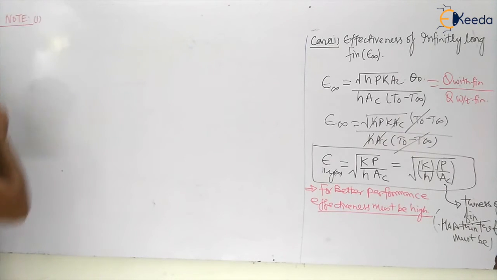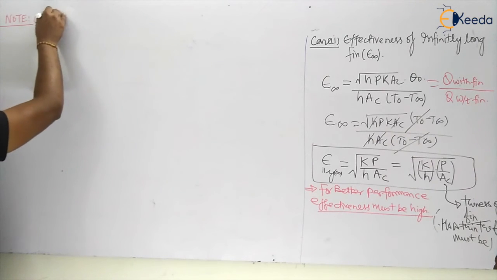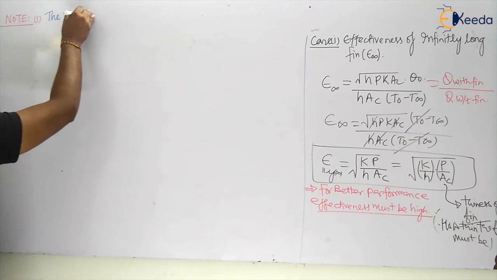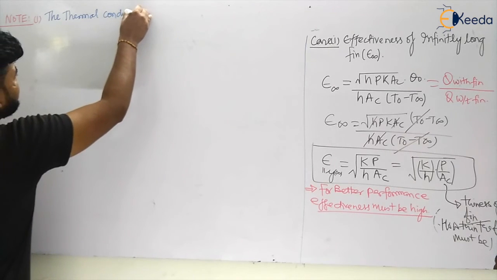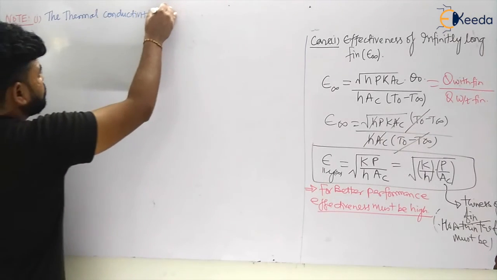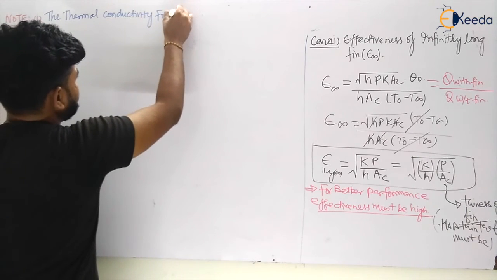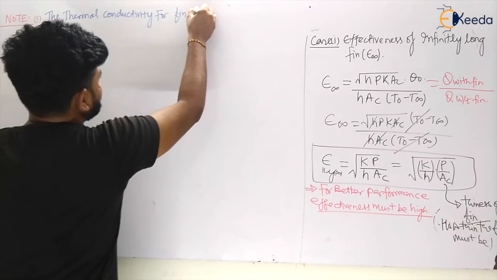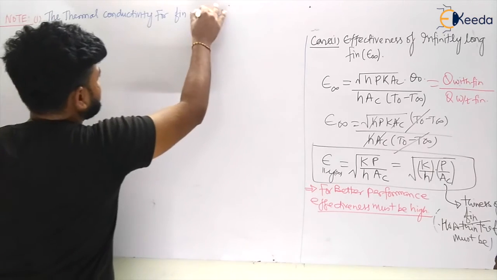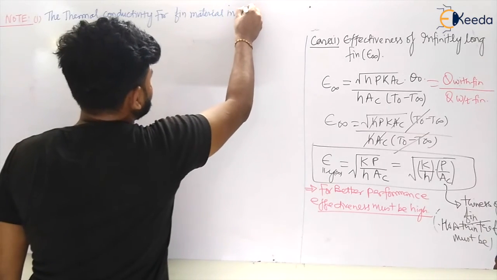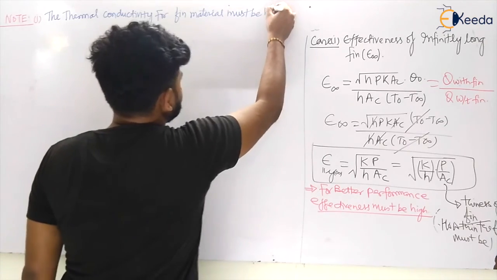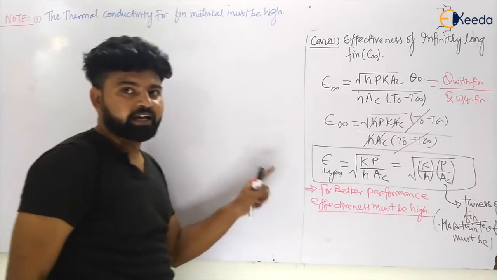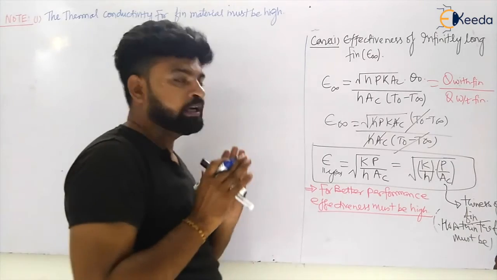Number one, the thermal conductivity of the fin material must be high. Why? Because if thermal conductivity is high, then effectiveness will be high, and using the fin will be more